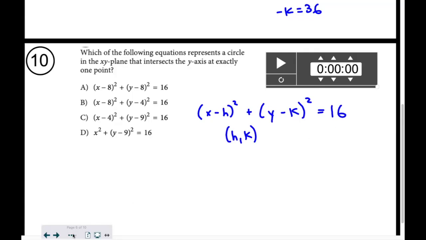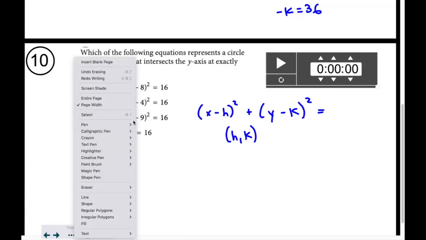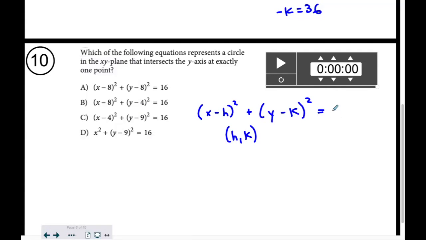Oh, I don't know why I wrote 16, because all these have 16, but that's not what I want to put over there. I want this to be the radius squared, like the actual formula. And then R is the radius. So I want you to just think about,